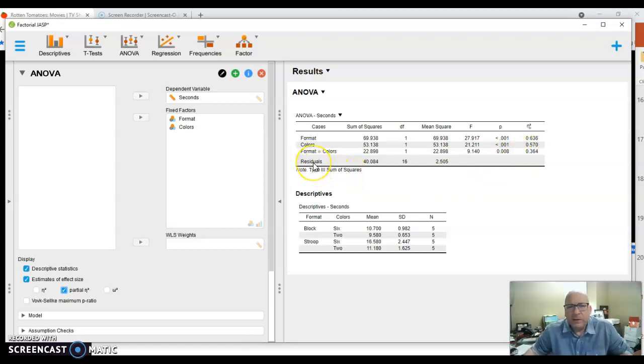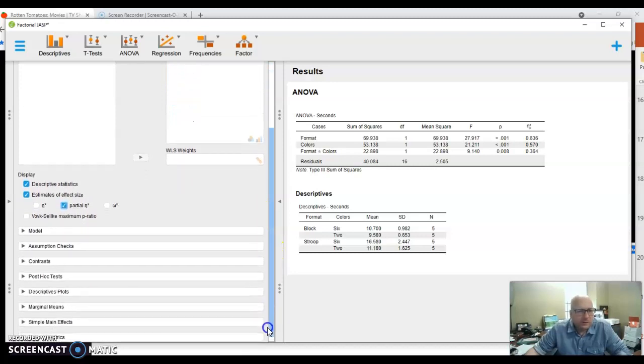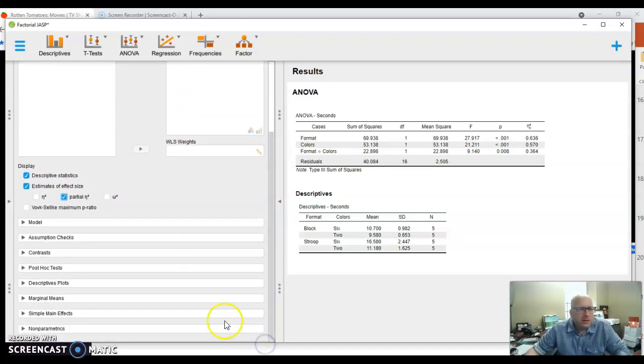This guy right here called residuals, that is what we call in class within. Residuals and within, those are just synonyms. We'll find out what residuals means next week. Now there's some descriptive statistics there, and you can use those if you want to write about that in your write-up. Coming down here, I don't need post hoc tests because I only have two